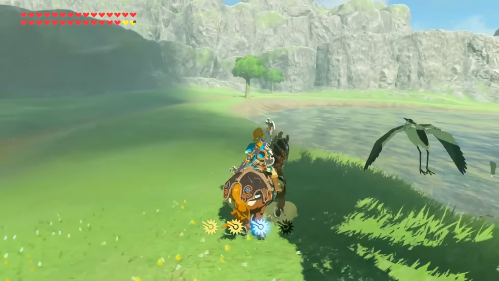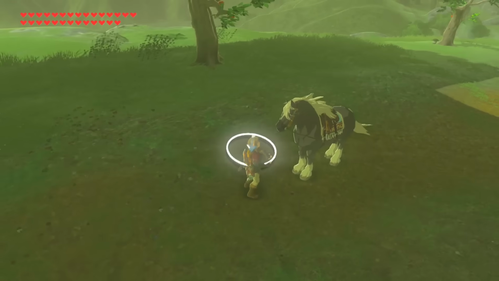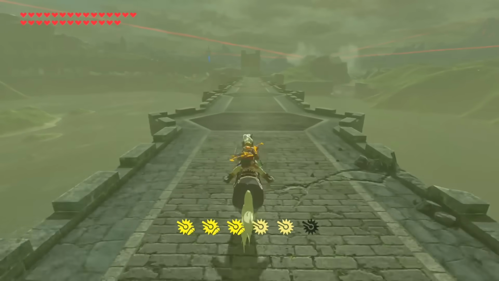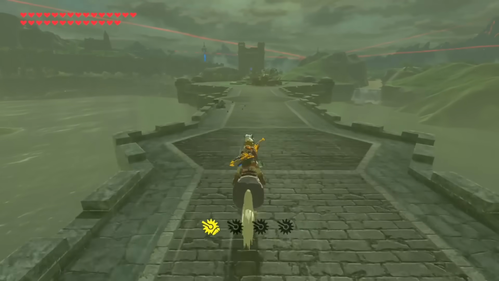One, the Ancient Bridle, which permanently gives a horse 2 extra spurs, and 2, feeding a horse an Endura Carrot, which gives a horse 3 temporary spurs that act very similarly to temporary stamina, which only gets consumed if you run out of the normal ones. So having these extra spurs is quite effective if the player is ever trying to run from something in a